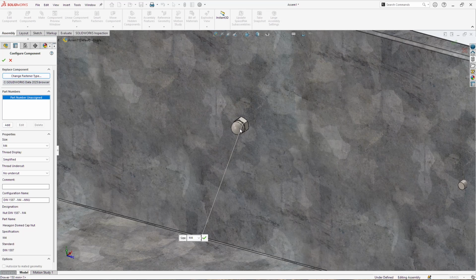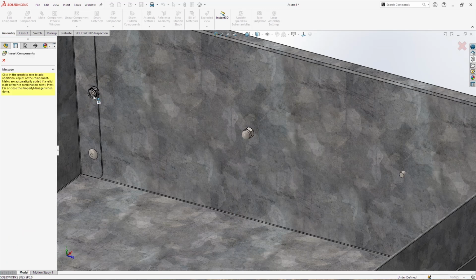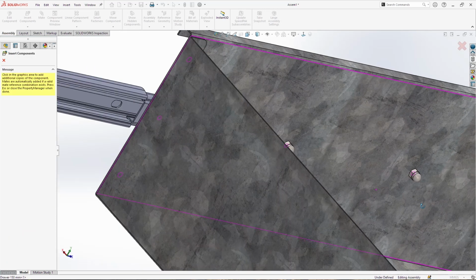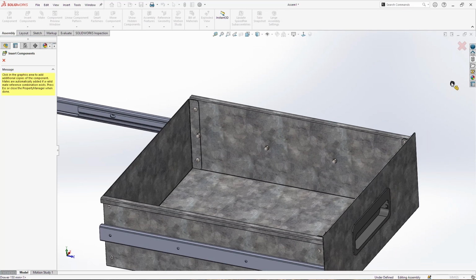And here is our first nut, M4, that's the type of thread. Then I'm going to click OK and use this thing also here, and on this screw here. I'm going to click on exit,